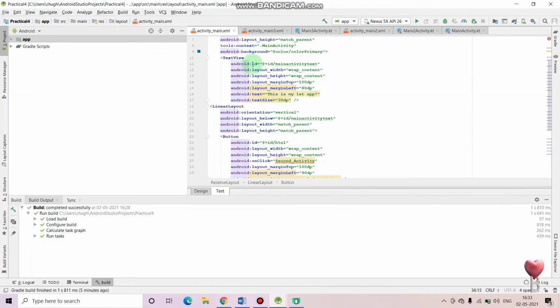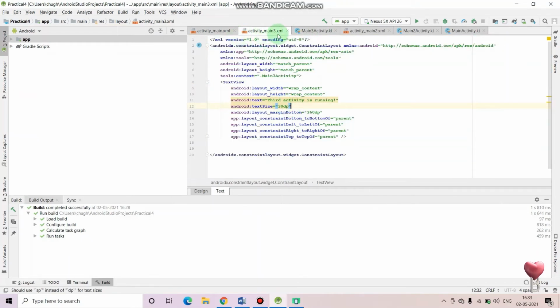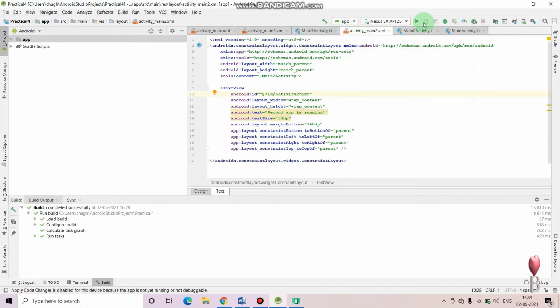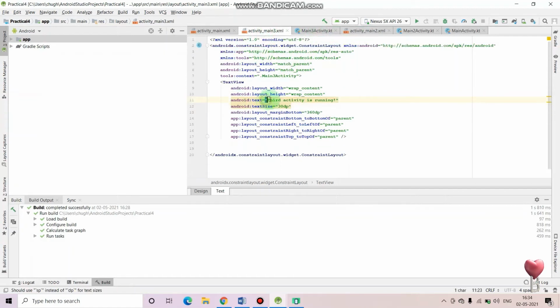Okay, so here in main activity 2, we have one text view. In that text view we have specified the text "second app is running", and in the third activity we have specified "third activity is running" as a text view so that we can get the info.